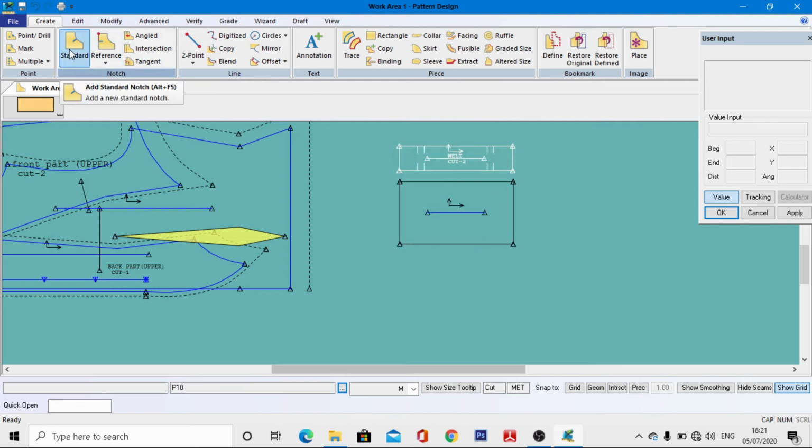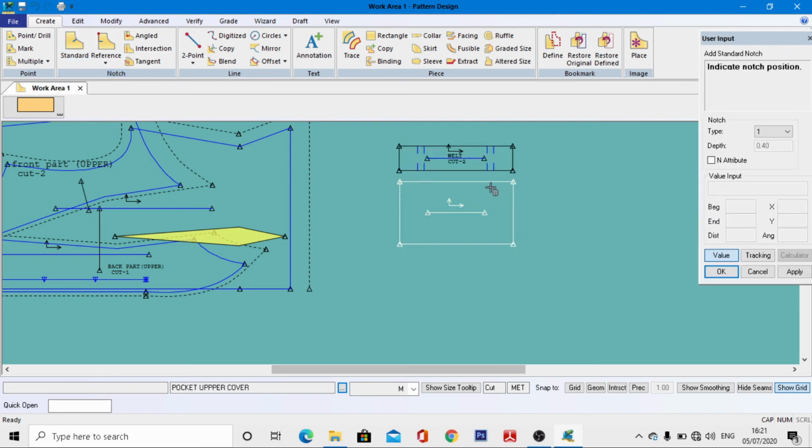For that purpose, we have to come to the standard notch, and we have to left click, drag, come to the end corner, right click and left, leave both the left and right click. Now we have to enter the distance of 3 and hit the enter button. Similarly, we have to come to this right hand side, left click, right click at a time, and release both the mouse click. Then this arrow will activate. Now we have to come to the end box, and we have to enter the distance of 3 and hit